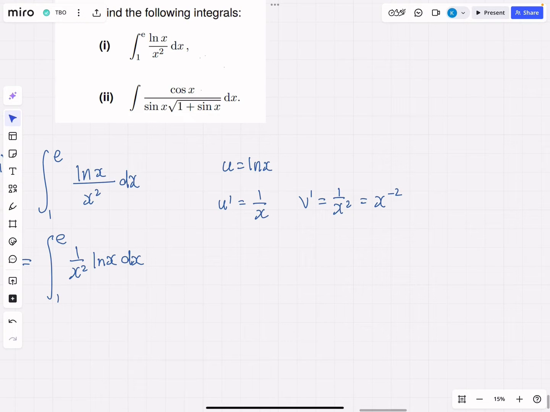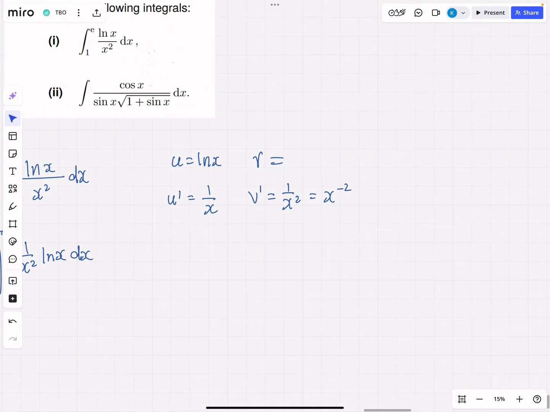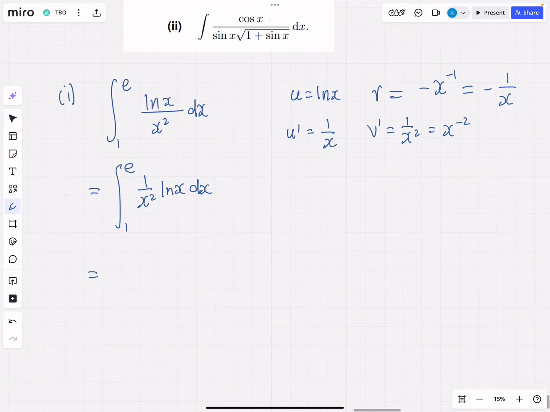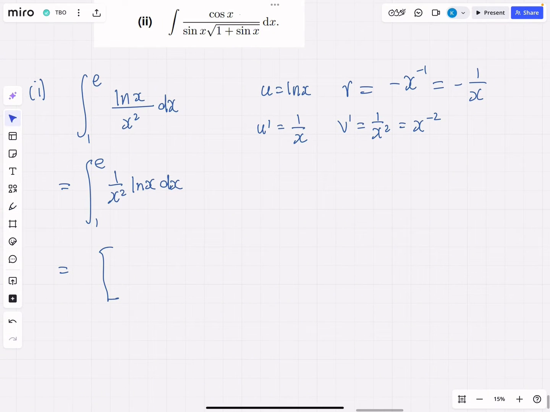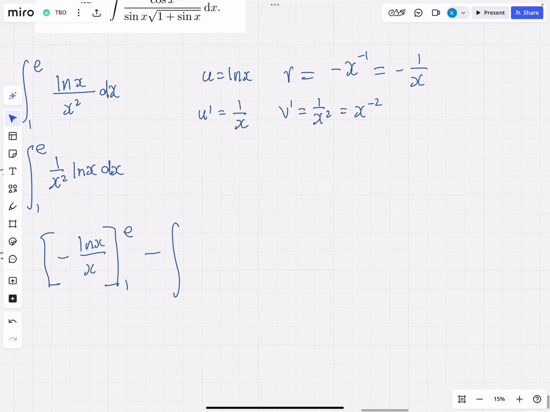that means my v is going to be equal to the integral of x to the minus 2. So that's going to be x to the minus 1 times minus 1, so minus 1 over x. And so this is going to be my u times v, which is minus ln x over x, evaluated between 1 and e, minus the integral of my